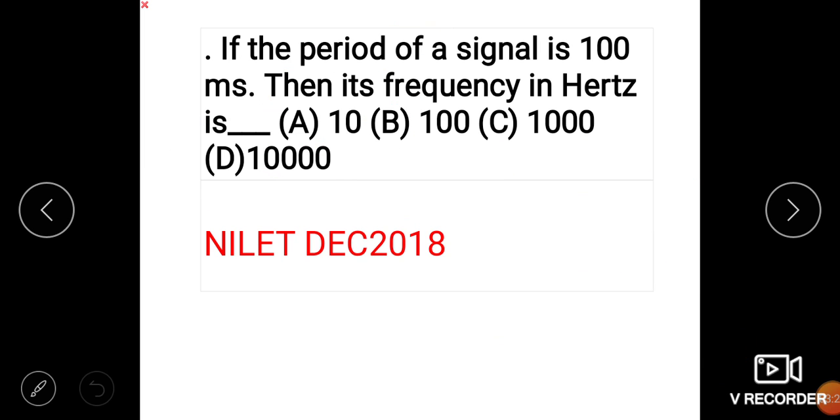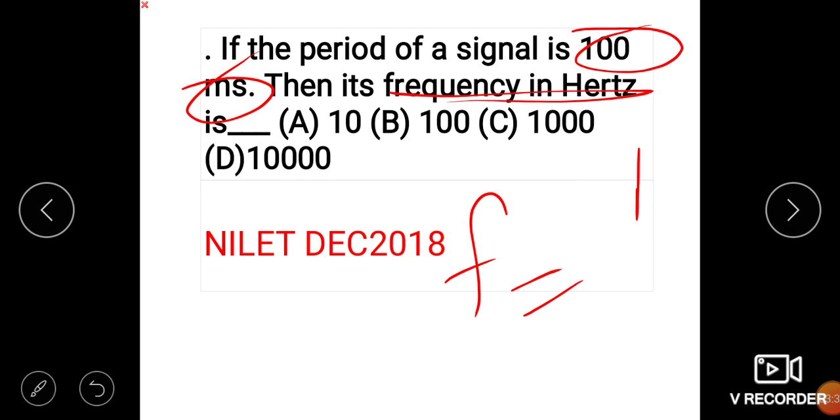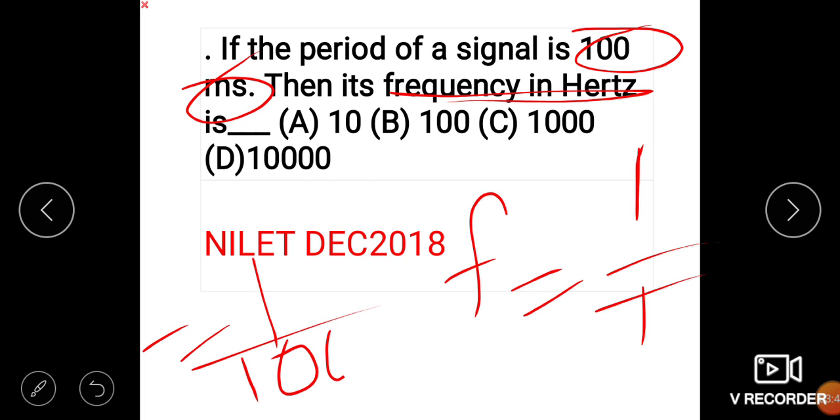Now the next question: if the period of a signal is 100 milliseconds, what is the frequency? The formula is frequency equals 1 divided by time. So it is 1 divided by 100 milliseconds.